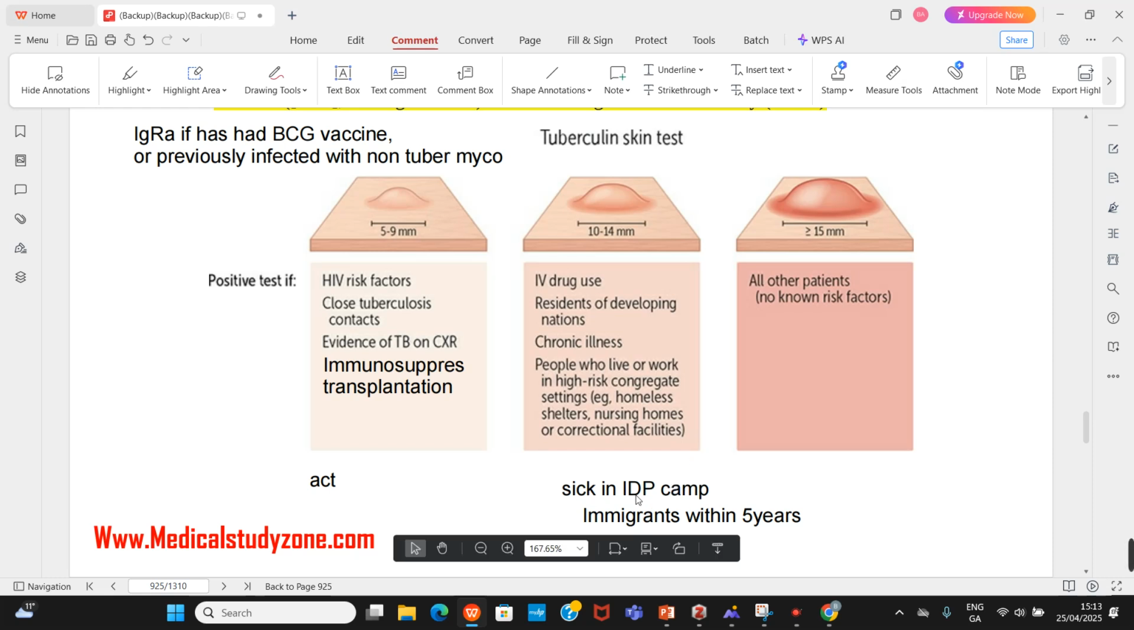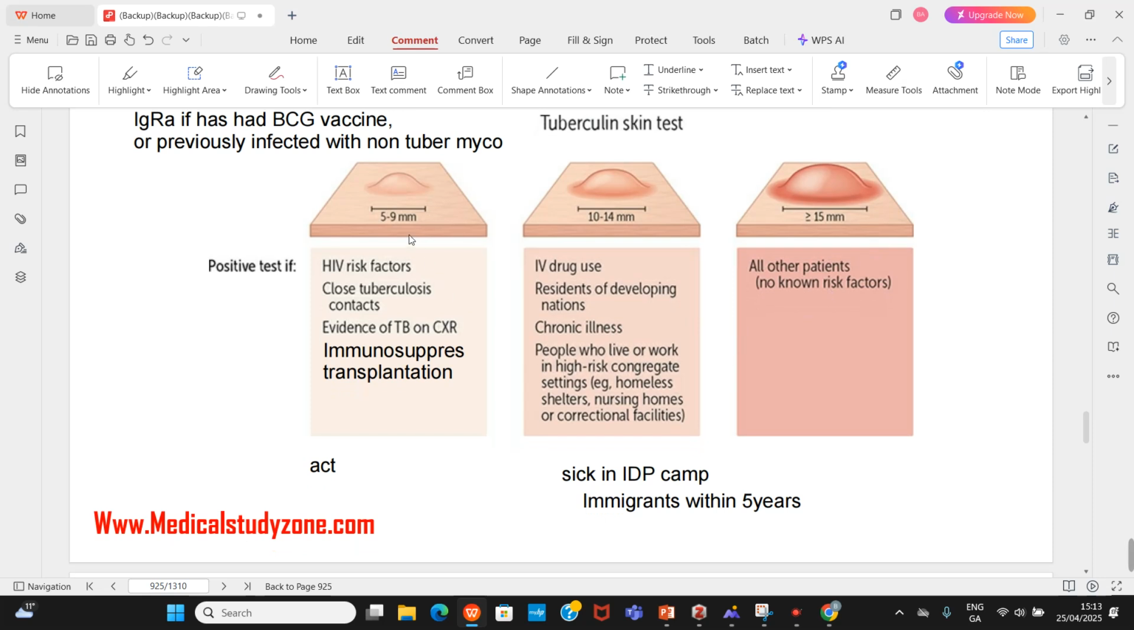And one thing that's common to all these people is that most of them are sick. IDP people, they are very sick. So anybody with chronic illness, CLD, CKD, chronic lung disease, heart failure, any chronic disease having this kind of value, you can say that they have a positive tuberculosis skin test. Now, the one that you can go very, very low, between 5 to 9, is someone that has